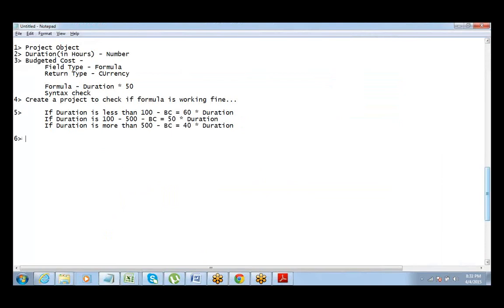The next activity that needs to be done, step 6 for the same activity, put a validation rule on the same app, and the validation rule should be minimum duration 50 hours, and maximum duration 2000.